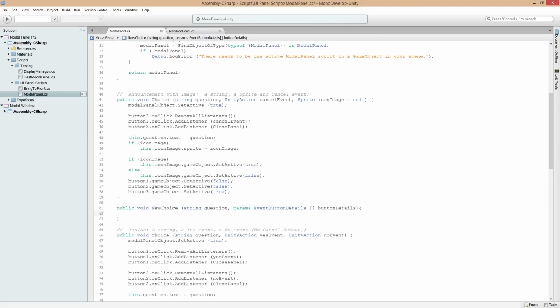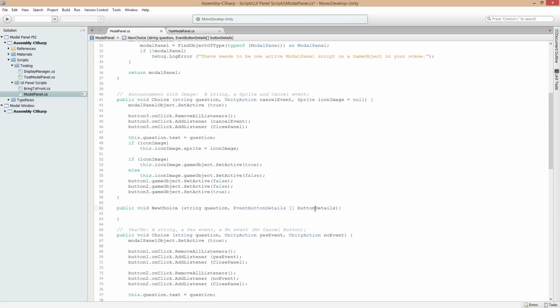Now, the other thing we could do is we could just try to make an array and make that array ourselves and send that array into this new choice function. But it has many of the similar problems that we have with params. We can't really limit the number of arguments that are coming in. We don't want an undefined number of arguments. It also has the potential of being slower. It has the potential of the garbage collection issues. So we can write our series of overloads, and I think it's a good thing to think of, that you can write your overloads. But let's take a look at another option, which is that we could send in a